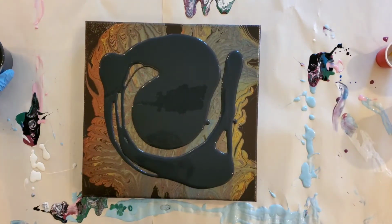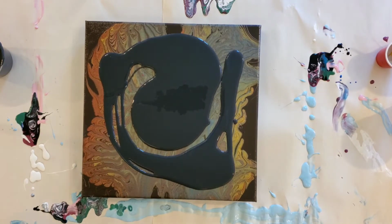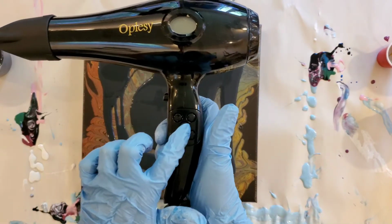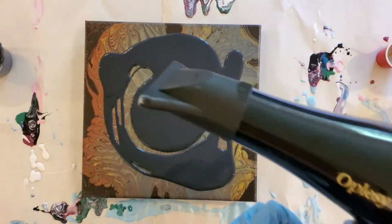And when I use a blow dryer, you make sure you're going to always set your blow dryer on the coldest setting. Mine actually has a cold setting button on it. So I'm going to use that, so excuse me, it's going to get a little...